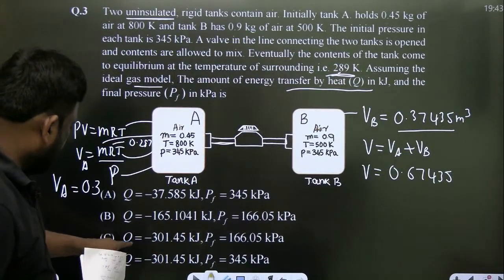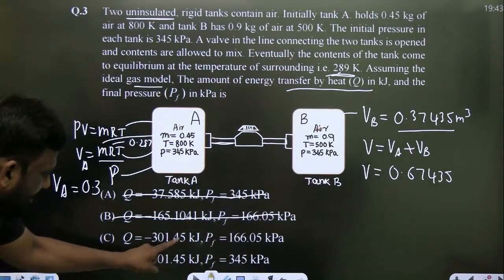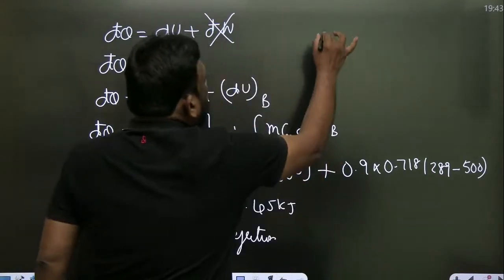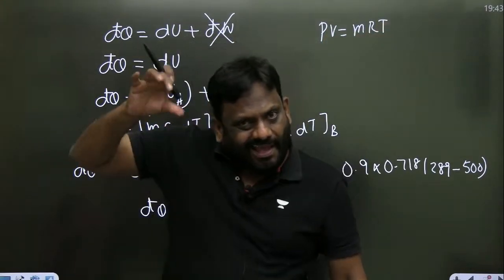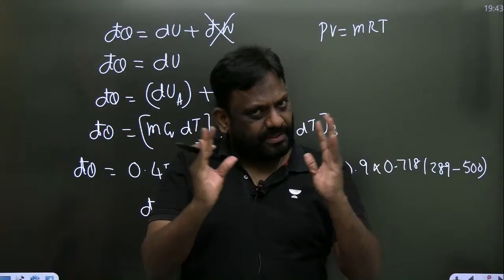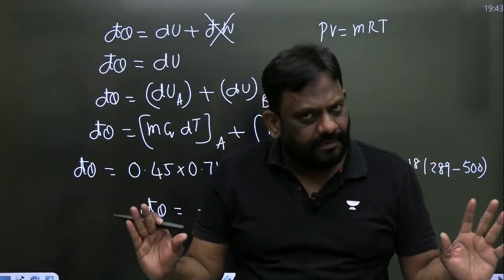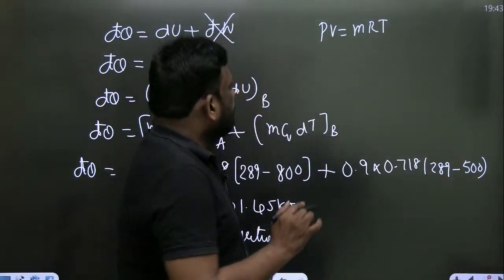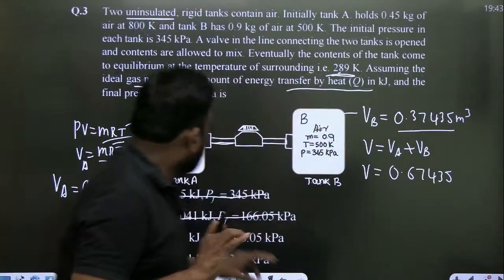The heat transfer is, oh my god, this is wrong. There are two options with minus and I have to calculate the final pressure. Can anyone help me with final pressure? देखो एक बार. PV is equal to MRT. ध्यान से सुनो. Air इस साइड है. Both air contents they mix with each other. So I will apply final equilibrium temperature is 289. This is air. So therefore it is complete air at a new state. So what will be the mass, sir? Left side it is, look at carefully. Left side it is 0.45.